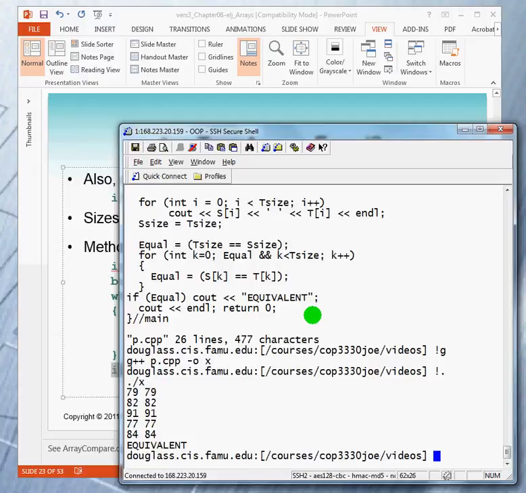Alright, so this demonstrates that we're able to use this algorithm to compare the arrays. So we're going to quit right here. Thank you for your